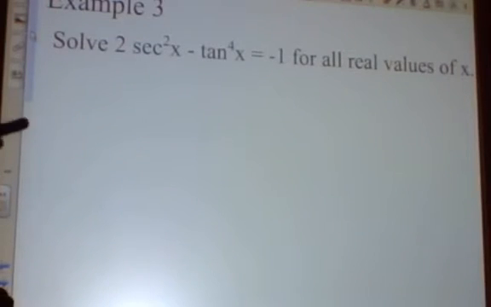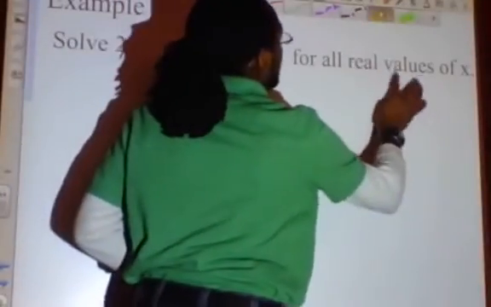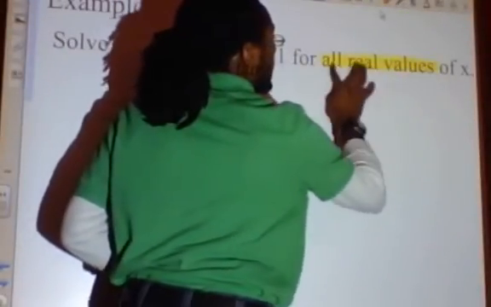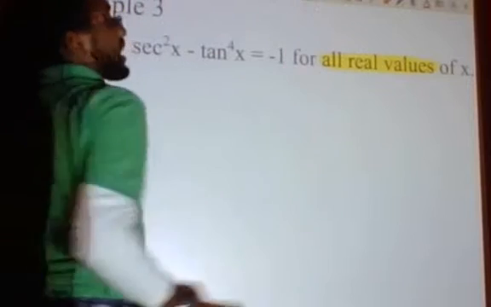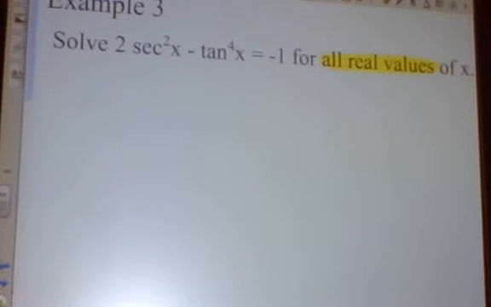All right, example 3. Now here we're going to solve 2 secant squared x minus tan to the fourth x equals negative 1 for all real values of x. So if we happen to get to, and it says all reals again, so if we happen to get to like an imaginary